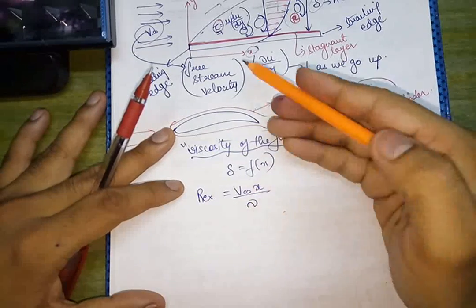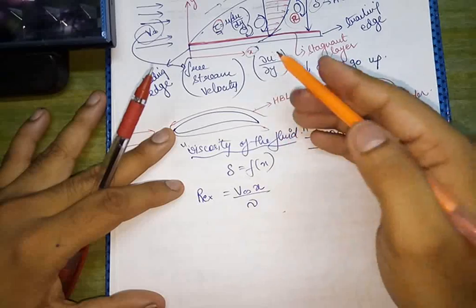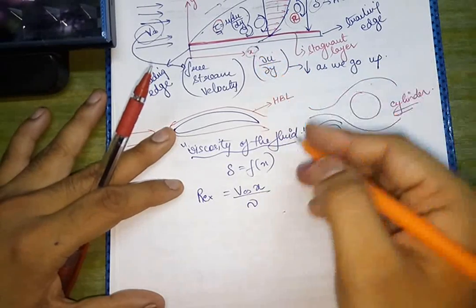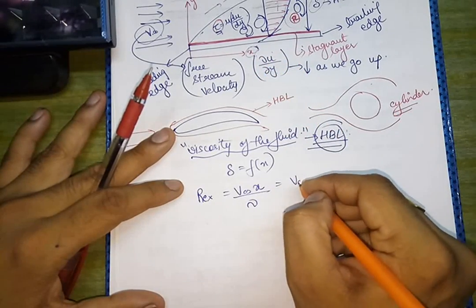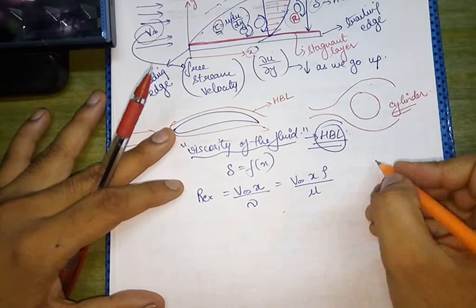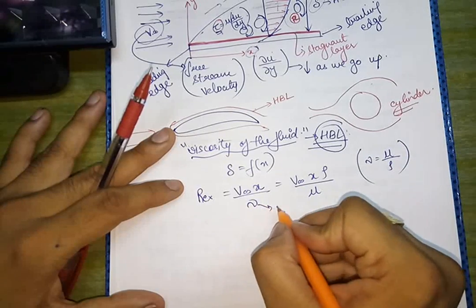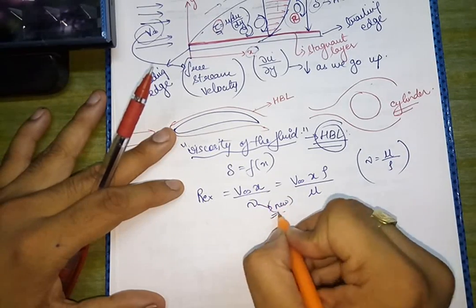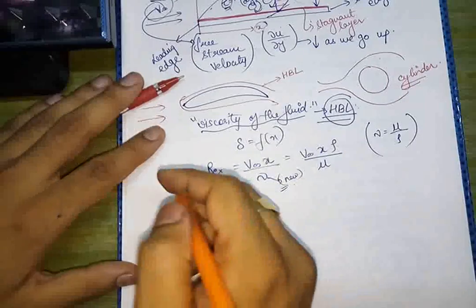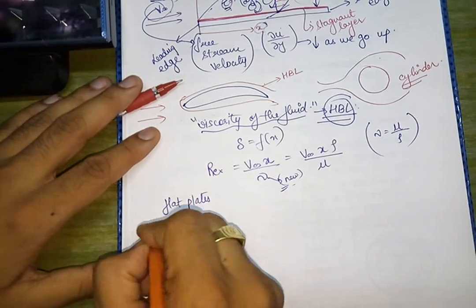V infinity means the free-stream velocity of the fluid that is flowing, x means at that particular location x. It can also be written as V infinity x rho upon mu, that is, nu is equal to mu upon rho. This is called nu, the kinematic viscosity. Okay, if we talk about flat plates,